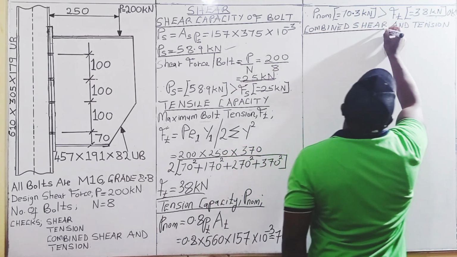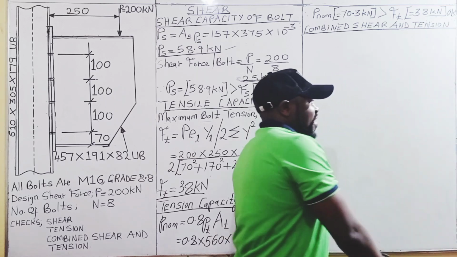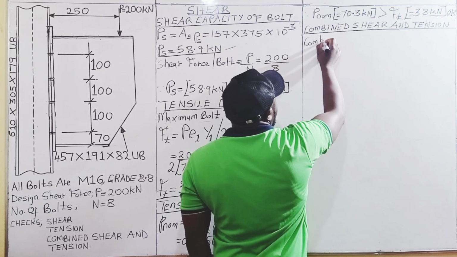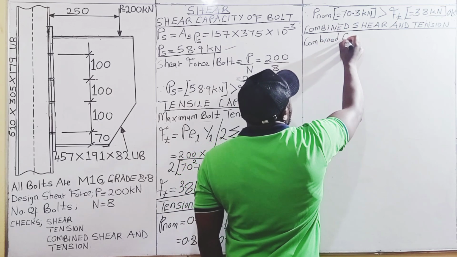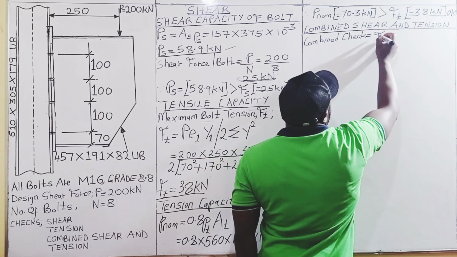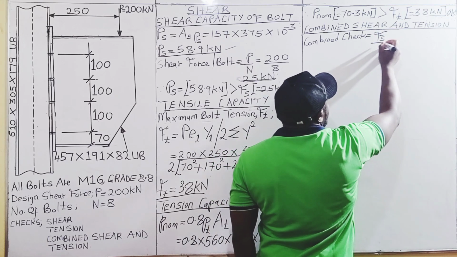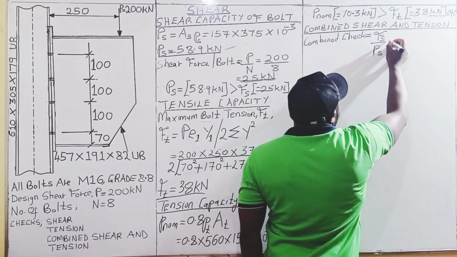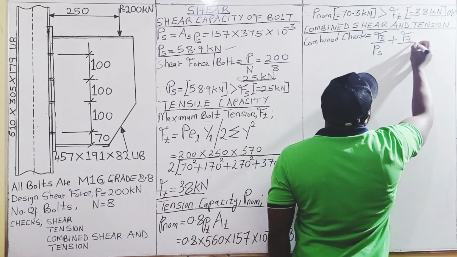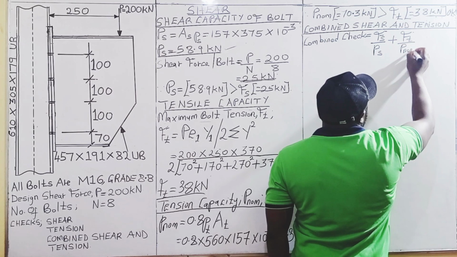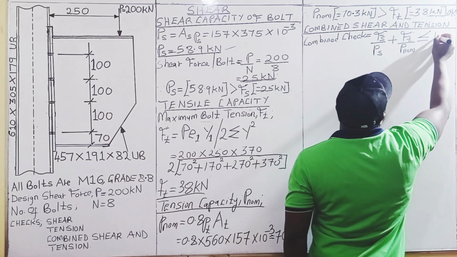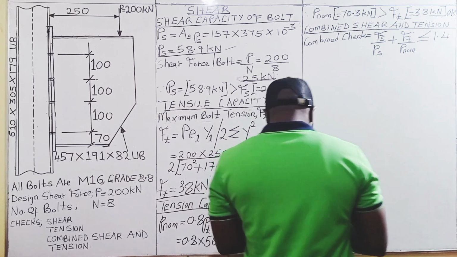Combined shear and tension check. So the combined check is given by the following formula. Combined check is given by Fs divided by Ps plus Ft divided by PNOM. This one should be less than or equal to 1.4, whereby